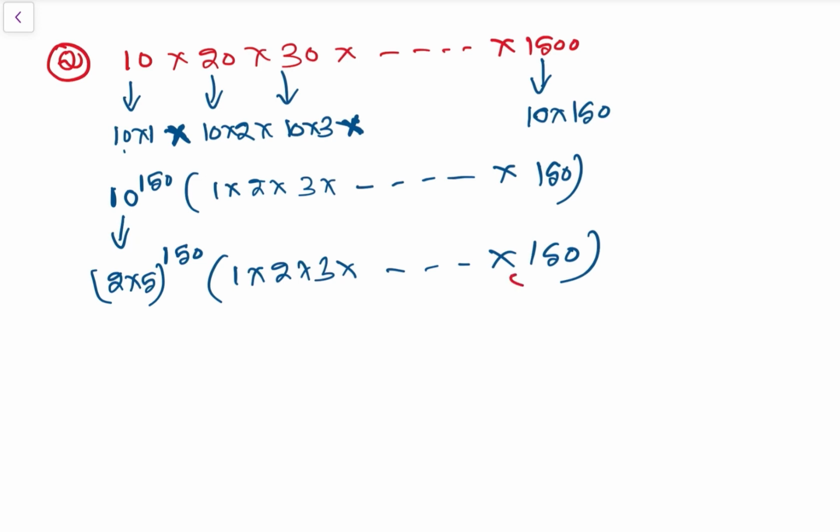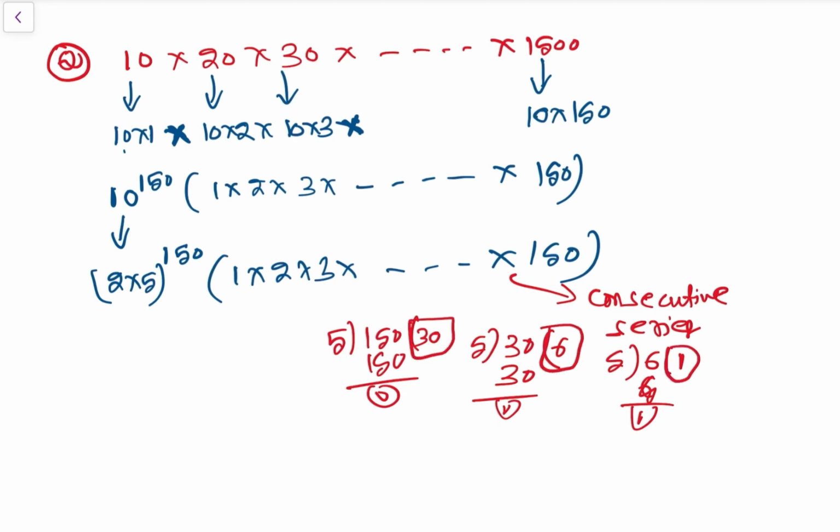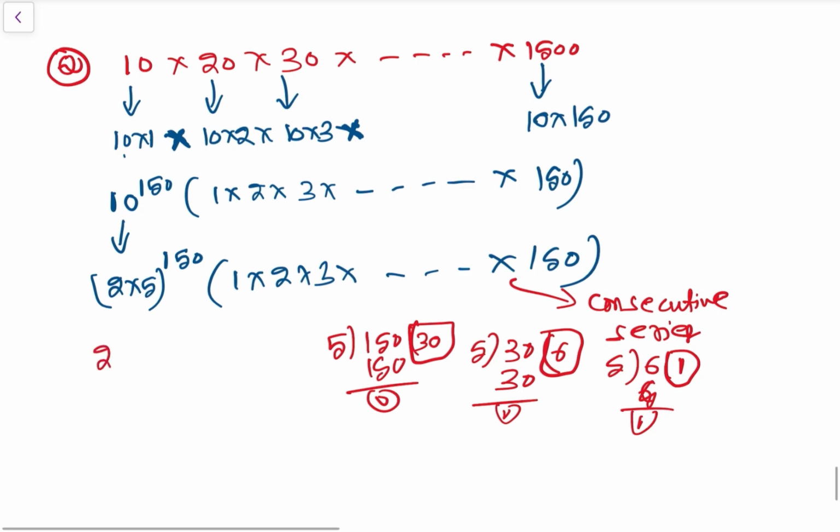ठीक है, नंबर ऑफ 5, this is consecutive series, so consecutive series number of 5s: 150 divided by 5, so 5 3s are 15 and 0 आएगा, so 30, so 30 further divided by 5, so 6 5s are 30, then 6 is more than 5, so 6 divided by 5 is 1, remainder 1, so 30 plus 6 plus 1, so 37, so it is 2 to the power 150 into 5 to the power